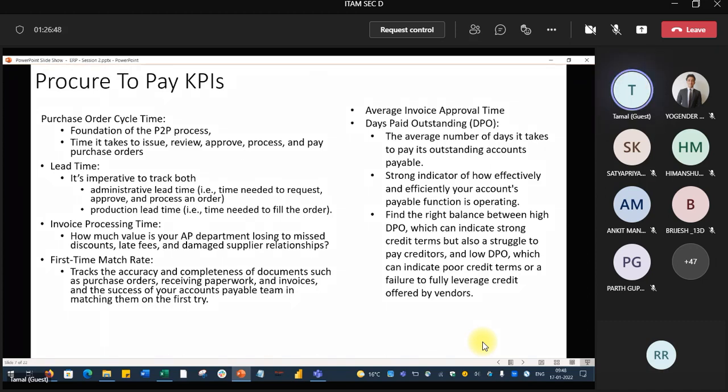Or you do not have the money, you are heading towards bankruptcy, so you cannot pay. So DPO is an indicator for your AP department, the account payable department, and also for the cash flow situation in your organization. So DPO, days paid outstanding, is one of the must-have KPIs for your P2P implementation.